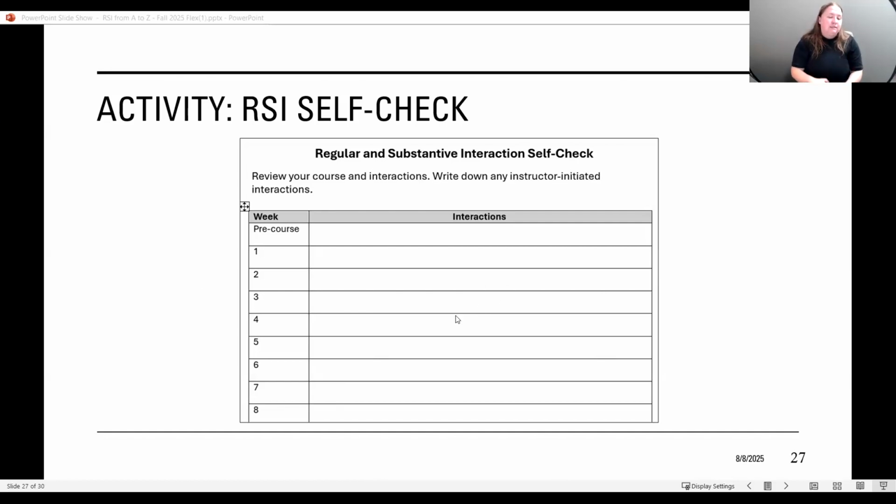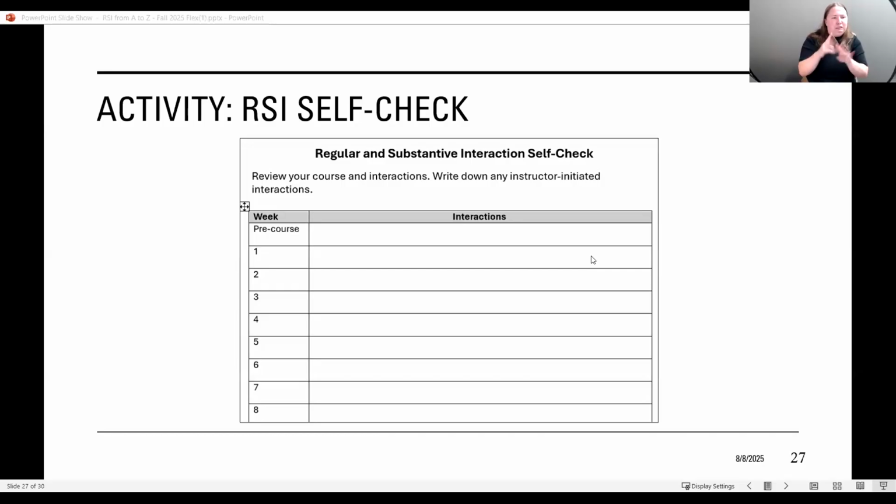In this screenshot here, you could just list if you're teaching a 9-week, 18-week, or whatnot course. Before the course starts, are there any interactions? Are you sending them a welcome message? Are you posting a welcome announcement? What kind of interactions are you doing in week 1? Are you posting another announcement welcoming the students? Are they having to complete an introduction discussion or a get-to-know-me survey?